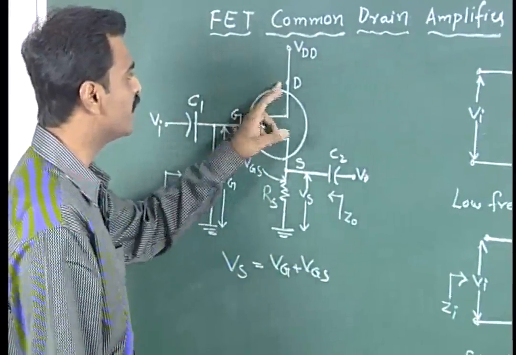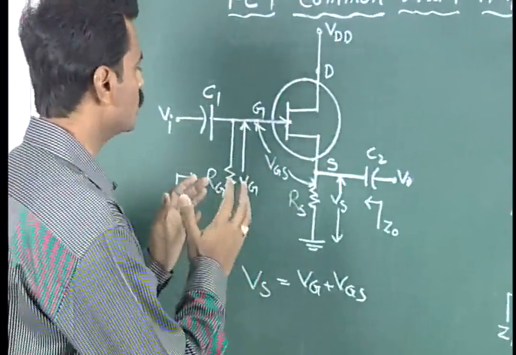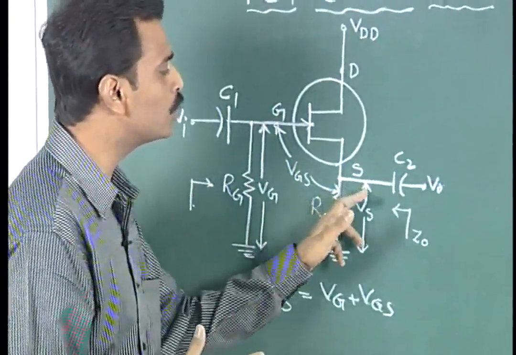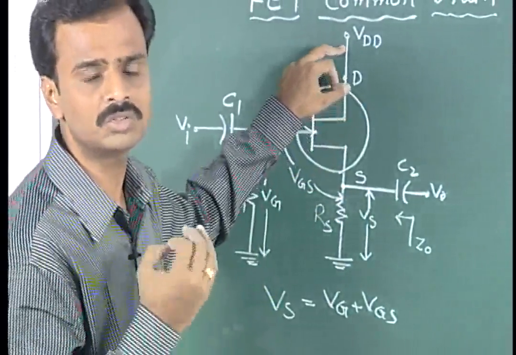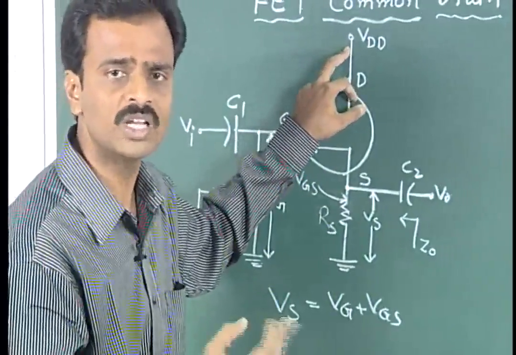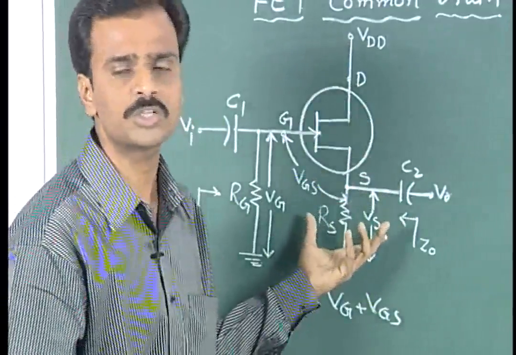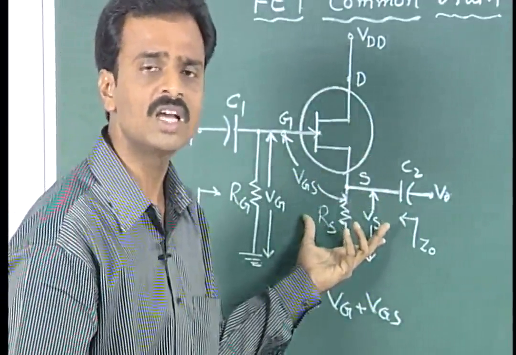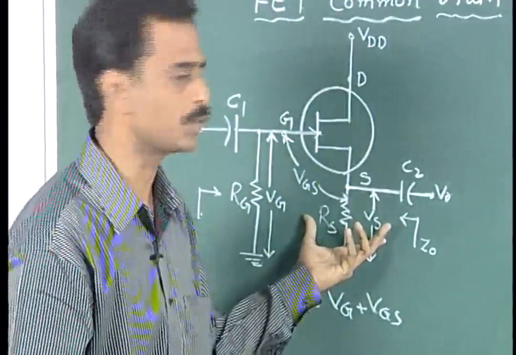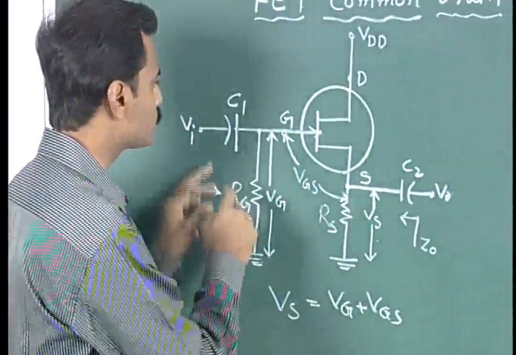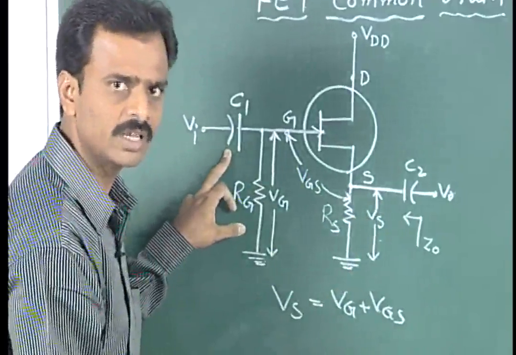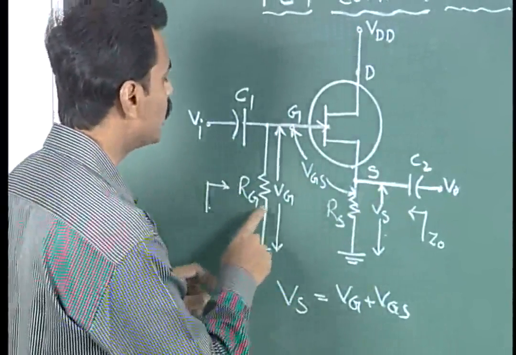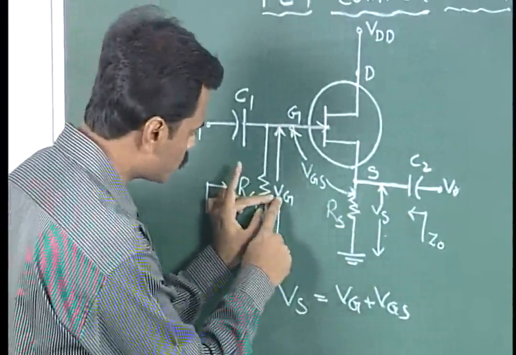You see the drain is maintained common here, so where we are taking an output across the source by giving the drain terminal towards the ground. So this circuit diagram represents a common drain amplifier circuit, where we have the same capacitors which show the same effect as we have discussed in the earlier case, and it has two separate voltages, VG